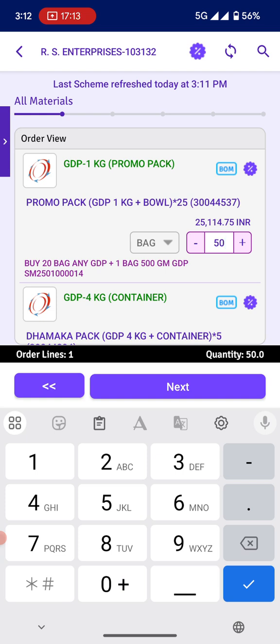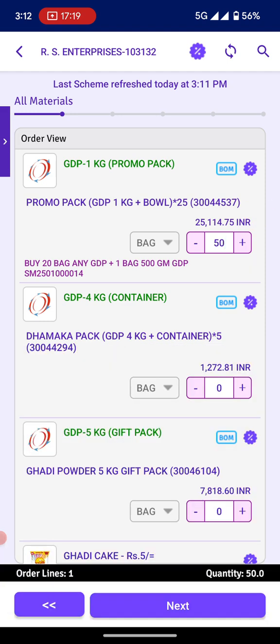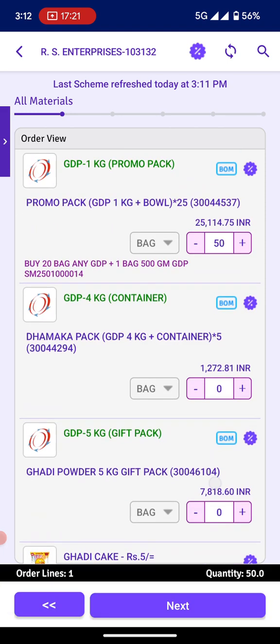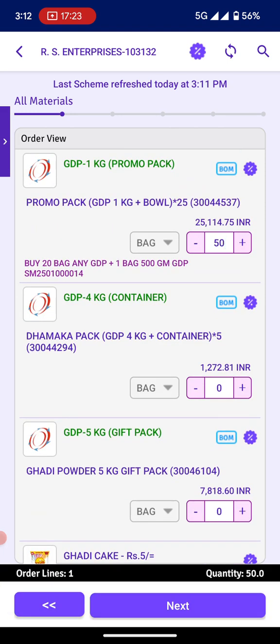User can also increase and decrease the quantity by clicking on the plus and minus icons. And here you can see I have selected the scheme by clicking on the scheme icon, because there are multiple schemes on that material. If there is a single scheme on the specific material, only that scheme will be showing.